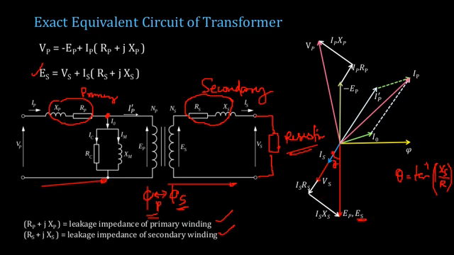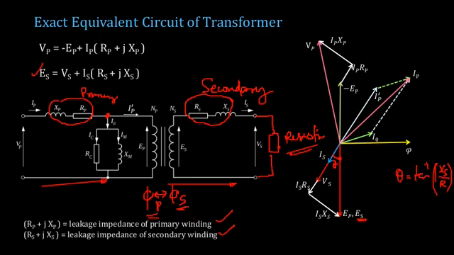Now we need to move to the primary side. IS is here. As I have already told you, once the secondary current flows, some flux phi p will be produced in order to oppose phi s due to secondary current, and for that some IP has to flow. So this current that is now newly generated, or drawn from the source, will be opposing this IS, then only the flux will be opposing each other.